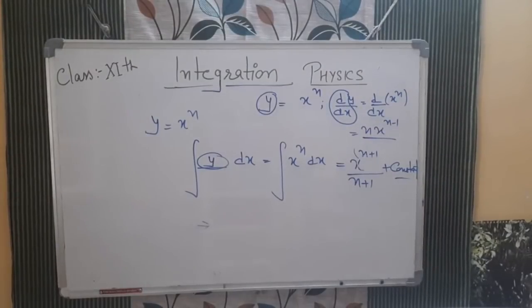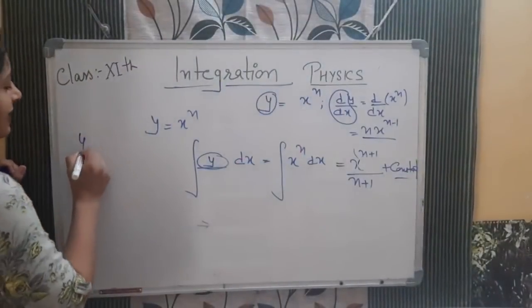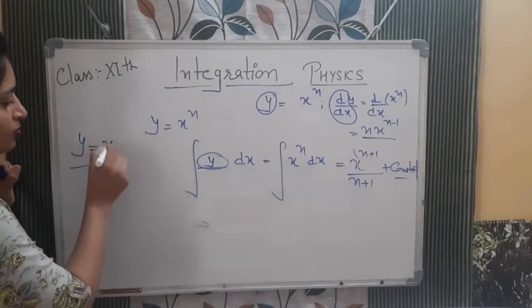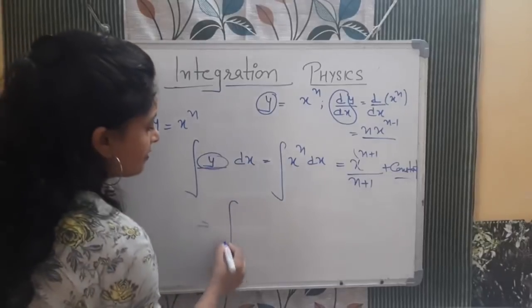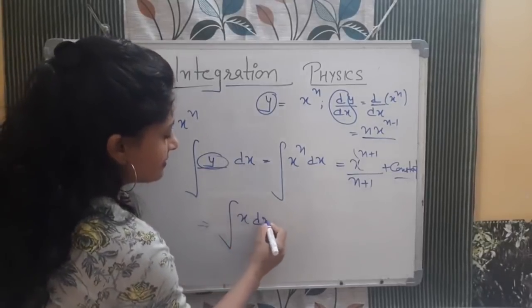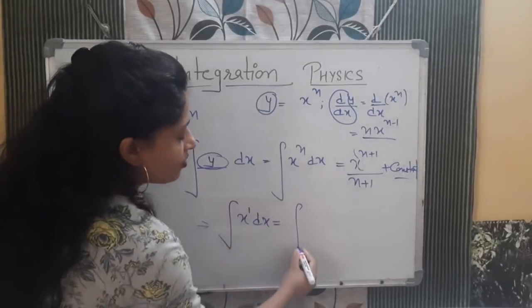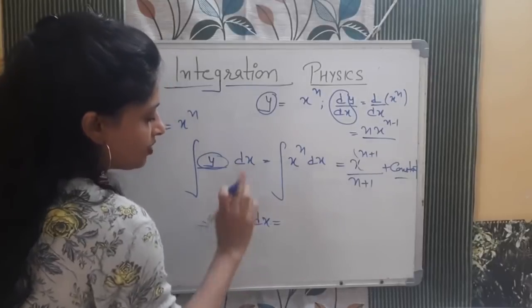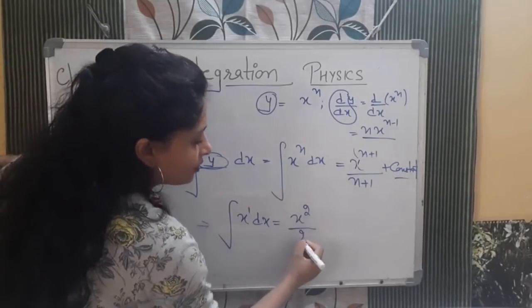Now if we take one simple numerical, that y is equal to x only, and integrate it. How will we integrate it? In place of y, we put x. See here in this diagram, we will write x dx. Now what is the power of x here, children? It is 1. What is the basic formula of integration? When you integrate, what will you do? Increase the power by 1, so it will be 2, and divide by the same 2.